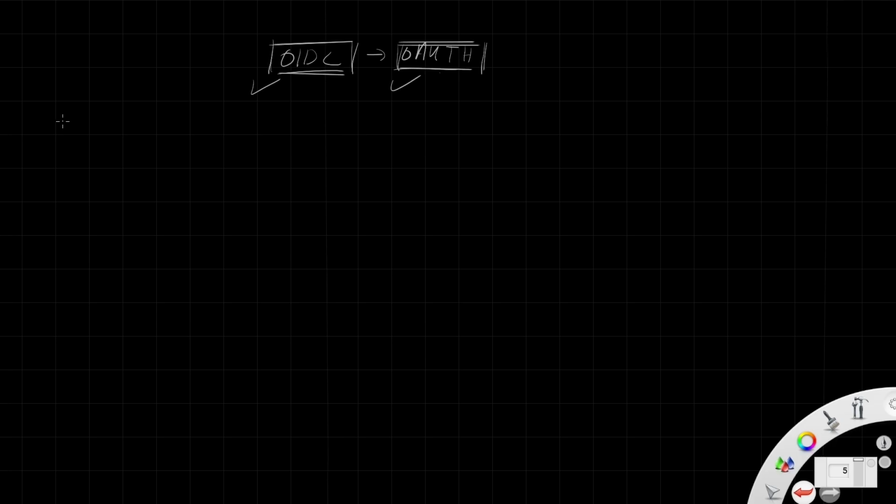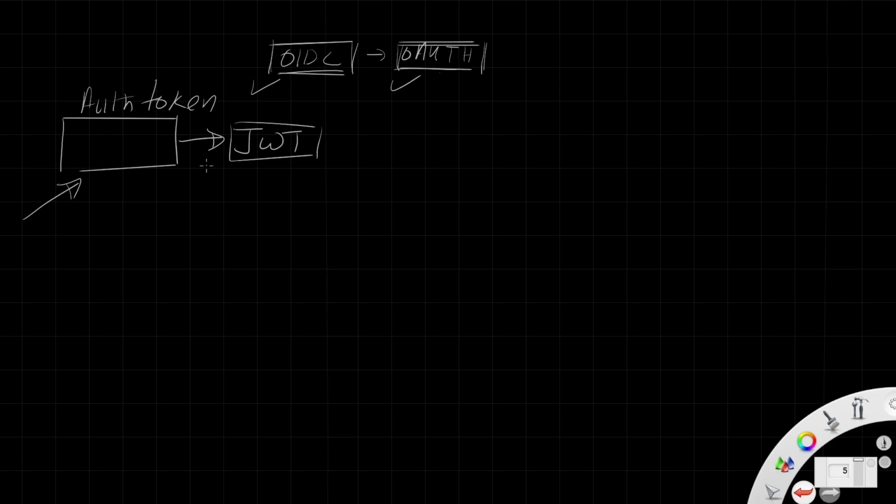Now we have seen the OAuth token we got. We have seen that it is a JWT, JSON Web Token. The difference between OIDC and OAuth comes from the purpose of this token. Normally, it is an OIDC flow if the purpose of the token is authentication. If the purpose is authorization along with authentication, then that is OAuth.